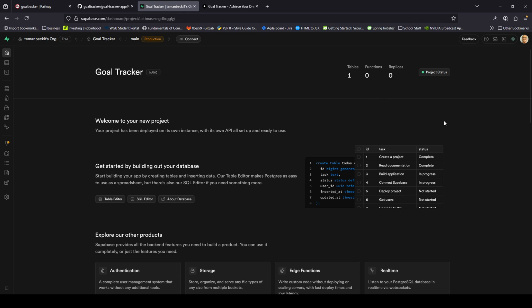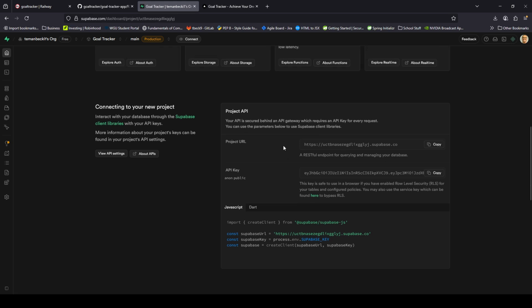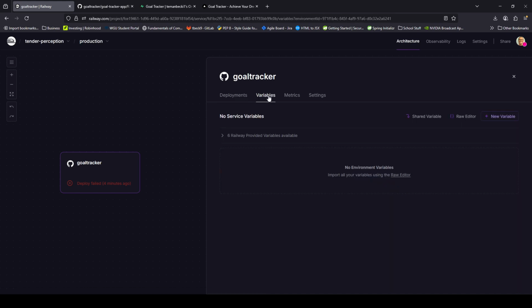And on that main dashboard screen, you're going to scroll down to the bottom and you'll see your project URL and your API keys. Now, these are the keys that we're going to need to place inside of our Railway application to get it to work. And so what we'll do at this time, we're going to go back over here to the variables,